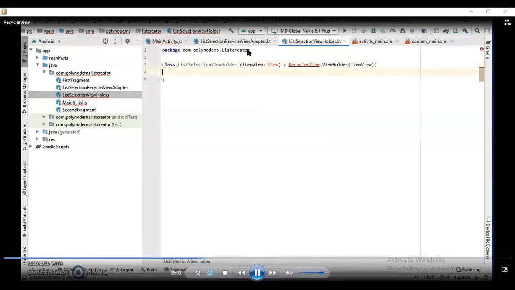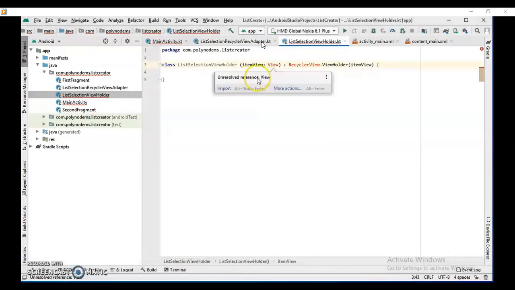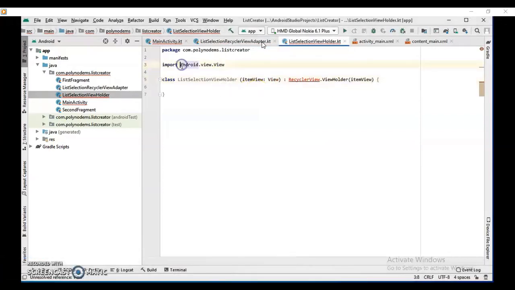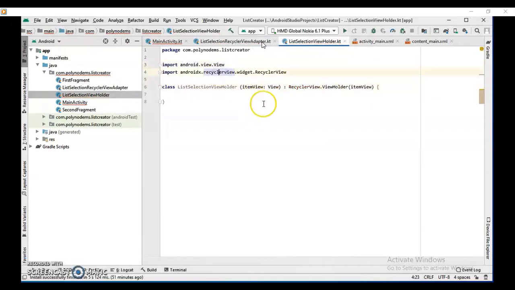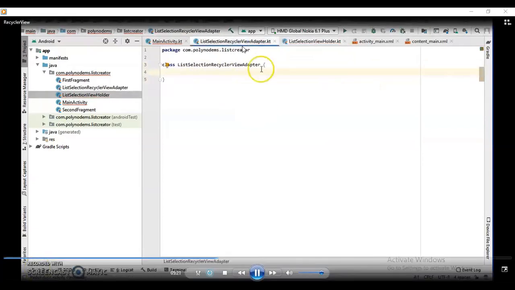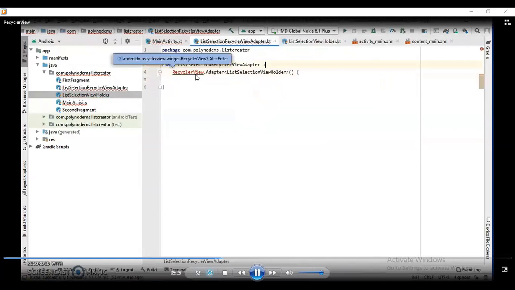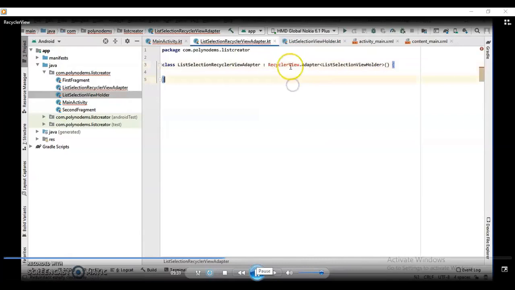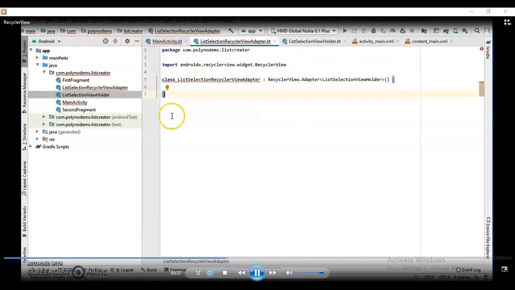Therefore, while writing in this ListSelectionRecyclerViewAdapter class, if you switch back to it, we have imported this ListSelectionViewHolder, but it is of RecyclerView adapter type, right? So once you add this support, you will again try to import the RecyclerView reference.